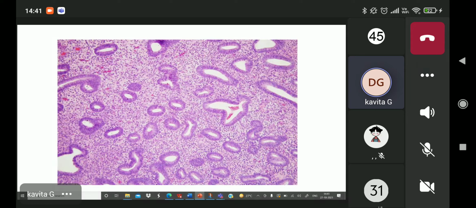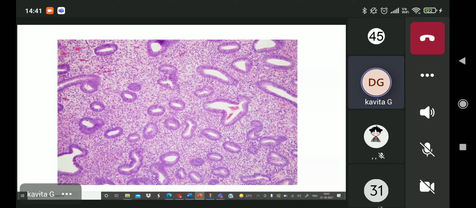Second point is you can see over here that there is a variation in the size of the glands. The third point you can see over here, if I move my arrow, some of them are dilated. Look at this one, look at this one. Some of them are dilated. And the stroma is a little bit loose, which is okay, but overall the gland stroma ratio has increased.